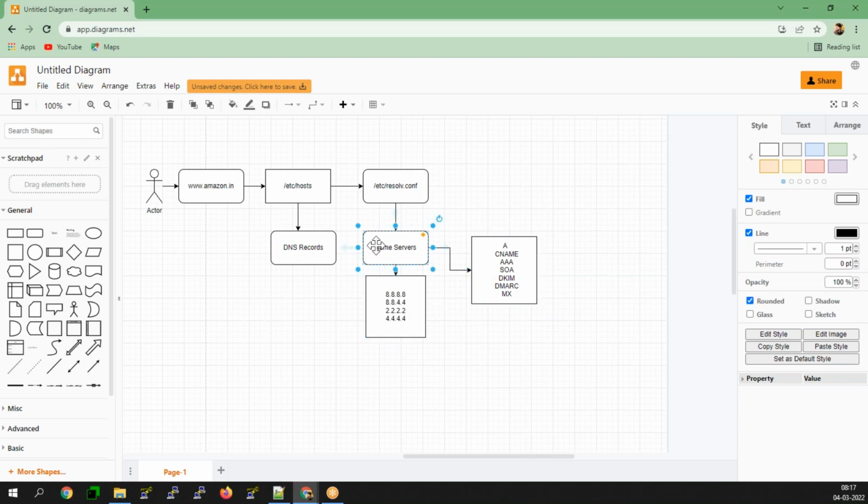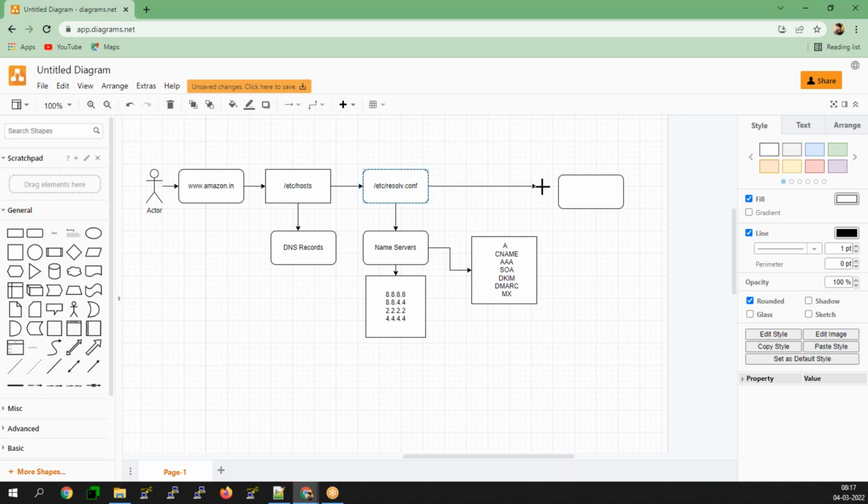If it is unable to find the records of your specific domain, www.amazon.in, the next step is to go to the TLDs.